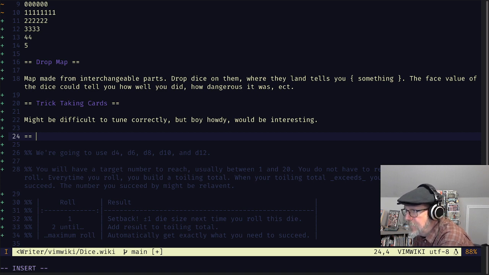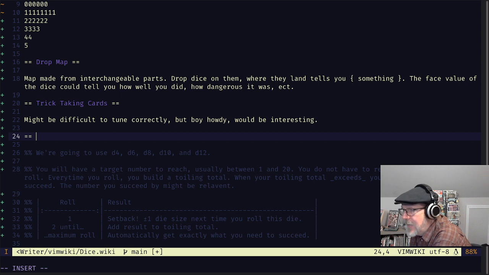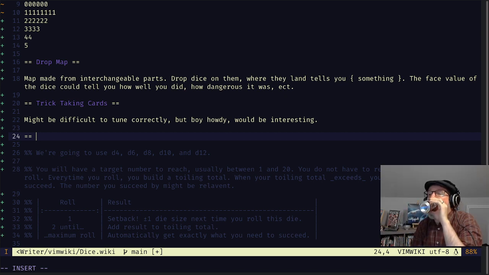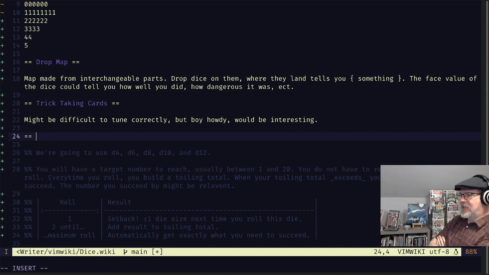And I just keep looking at it every time I'm trying to think of a dice mechanic, and then remind myself that I don't want to incorporate a claw machine into the claw machine. The kind where you operate where it goes and then it drops down and see if it picks something up. It's a bad idea, so I got to stop looking at it. All right, let's see here.